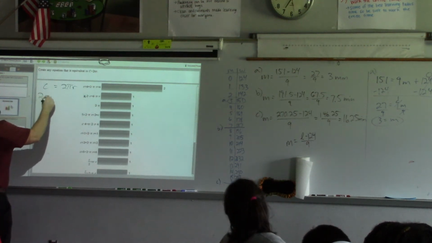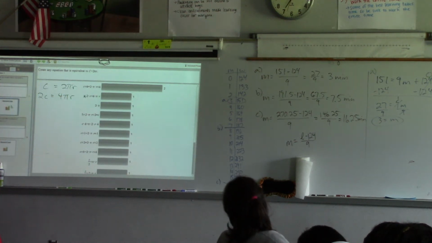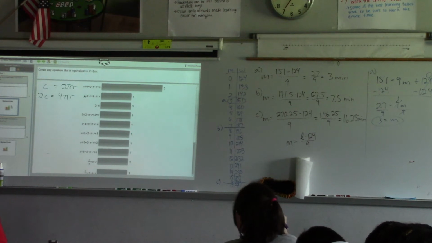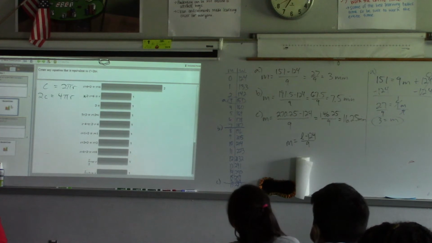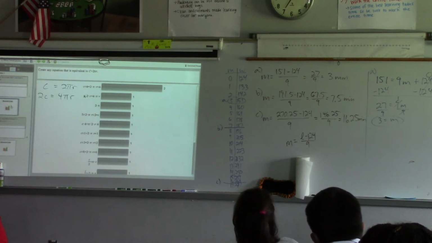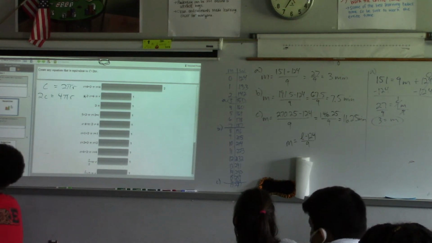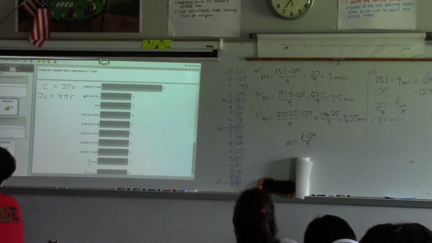Let's check the second one here. Then we got 2C is equal to 4 pi r. Is that equivalent to C equals 2 pi r? Yes. Raise your hand if you agree with Jalen that you think it is equivalent. Wait, what? Is 2C equals 4 pi r equivalent to C equals 2 pi r? No. Why do you say no? Because they're the same on both sides. So something wasn't done the same to both sides? Oh, yeah, it is. Two is different from the 4. The 2 is different from the 4, but Kelsey, what are you thinking?